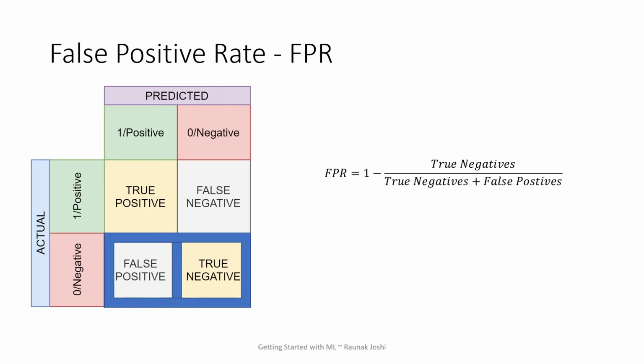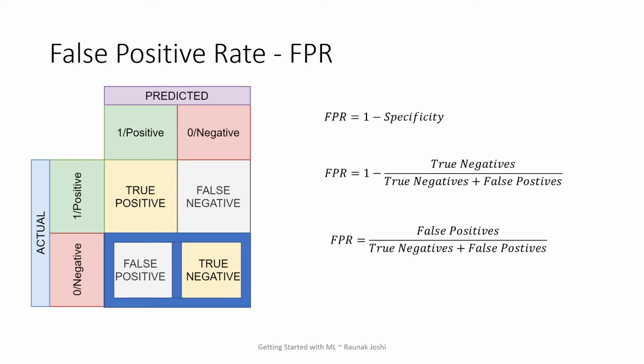And the way we do it is by this formula. FPR is equal to 1 minus the true negatives divided by true negatives plus false positives, which is also known as FPR is equal to 1 minus specificity. So the formula of the specificity itself is true negatives by true negatives plus false positives, which is basically a measure of the true negative values among the negative values. And when I subtract it from 1, I get the false positive rate, obviously. Okay, this is very, very trivial because the false positives are already there with us, and I want to specifically find out the false positives.